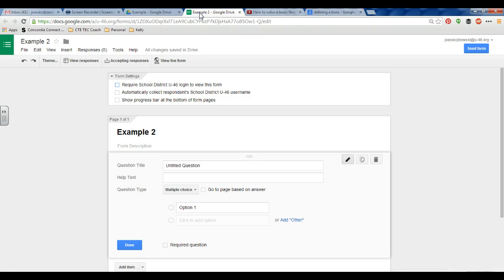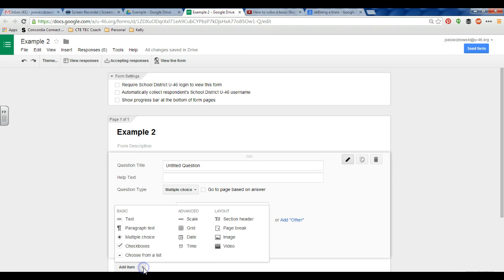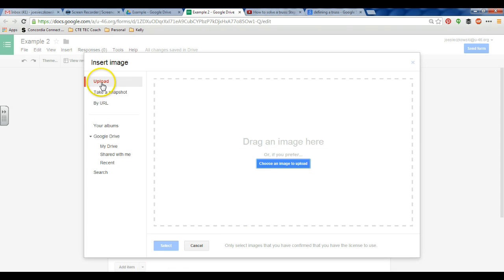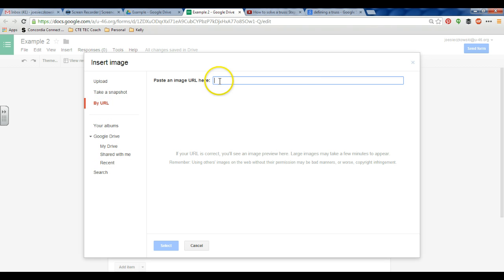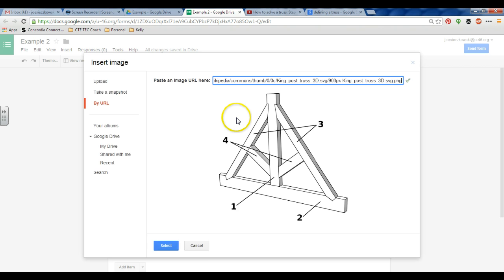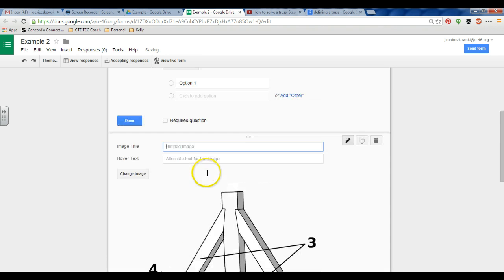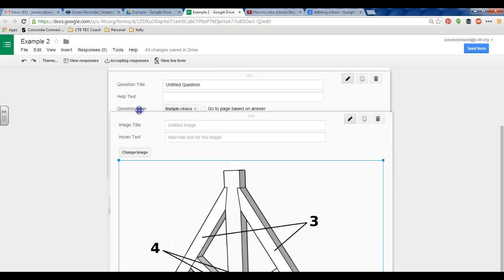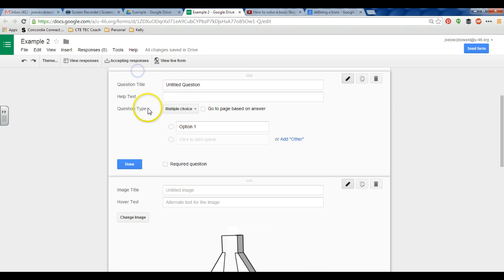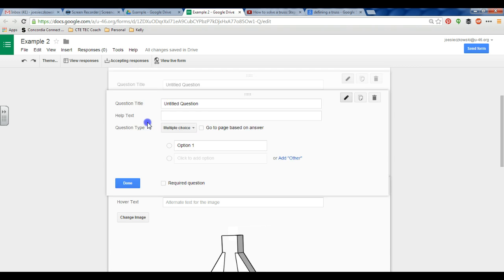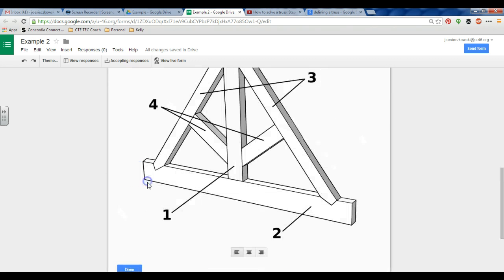Come back to your form. I'm going to hit add image. So now up here you have a variety of different methods of getting your image in. I'm going to use by URL, paste, select, and now we have an image in here. I can title the image if I would like. I can reorganize the order in which these pop up,